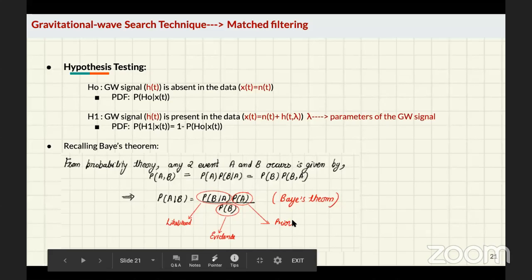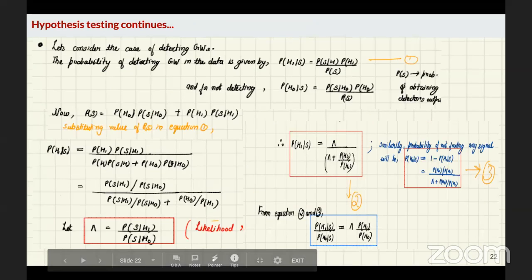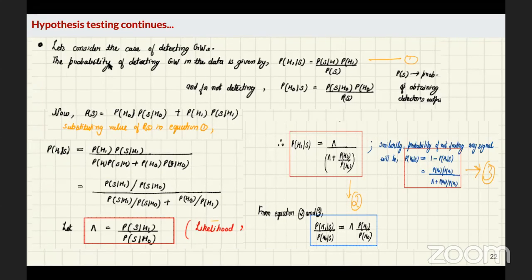Where we have likelihood, evidence, and prior defined in this way. Now we have already defined the two hypotheses H0 and H1. Let's consider the case of detecting gravitational waves. So let's assume that H0 corresponds to where the signal is absent and H1 is where it is present. So if we